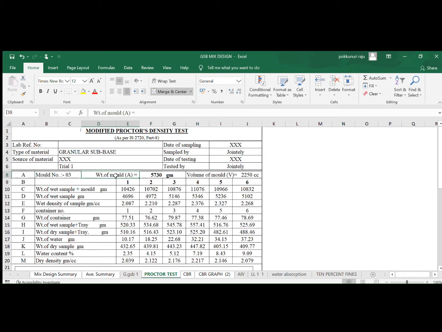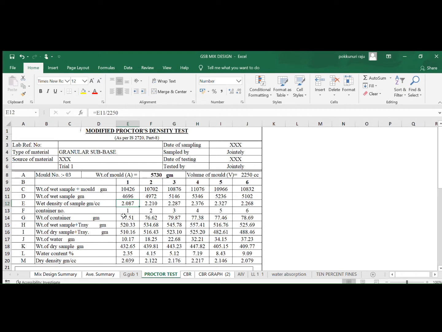What is required is the weight of the mold, which we have already checked, that is 5730 grams. Volume of the mold is 2250 cc because it is a 150 mm diameter mold, which is a higher diameter mold. In the Proctor test, the weight of sample plus mold is noted down. Weight of wet sample is calculated. Wet density of the sample is again calculated. Once we know the volume and the weight, weight divided by volume will give you the density. Since the sample is wet, it is called the wet density of the sample